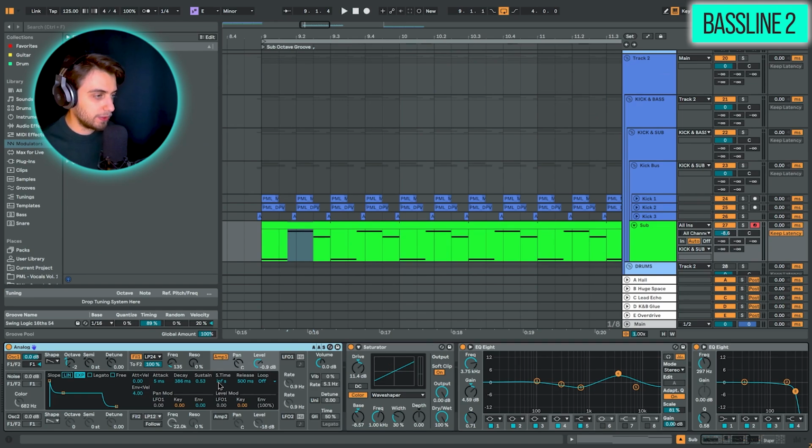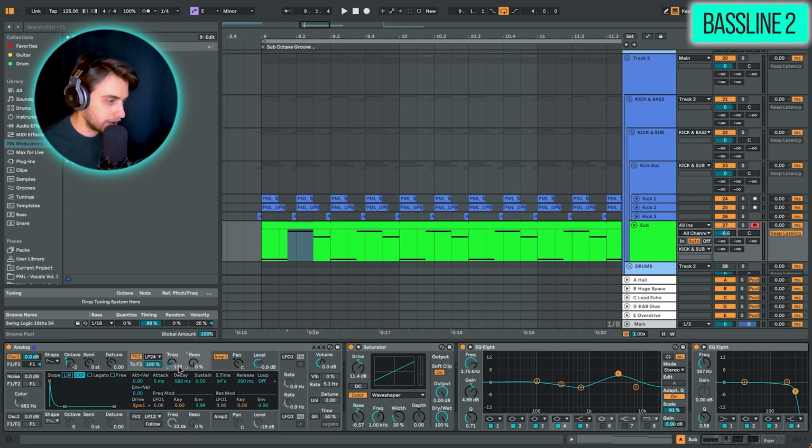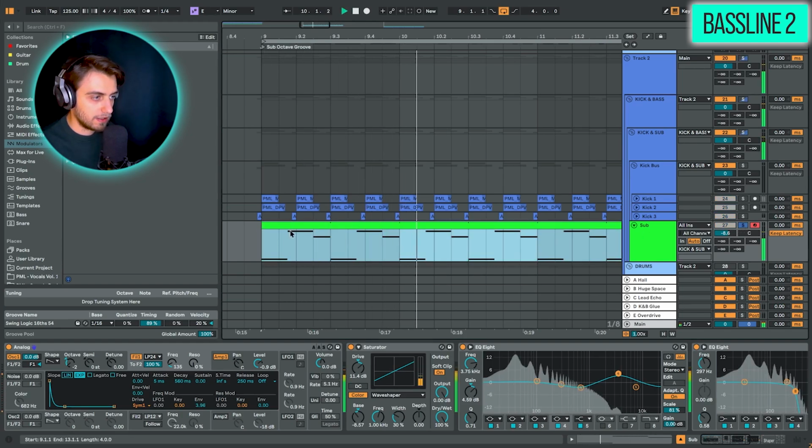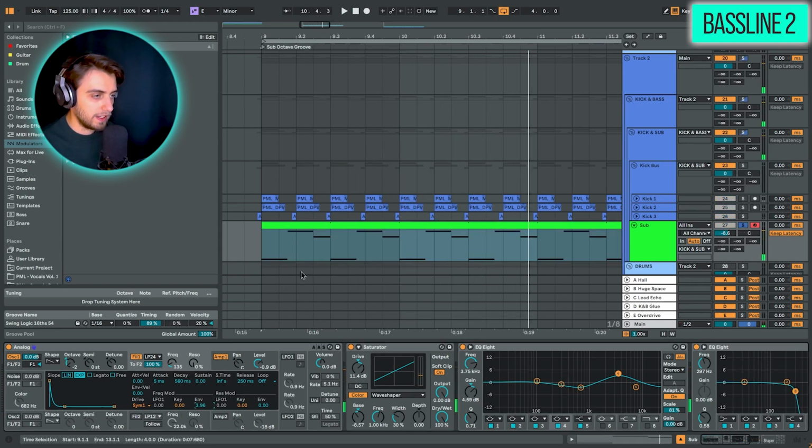As for the sound design, we're letting more of the saw wave through here with the frequency knob down to 135, but we're also using quite a bit of the envelope on it. So without the envelope, it's also going to be very, very subby. And now with the envelope,